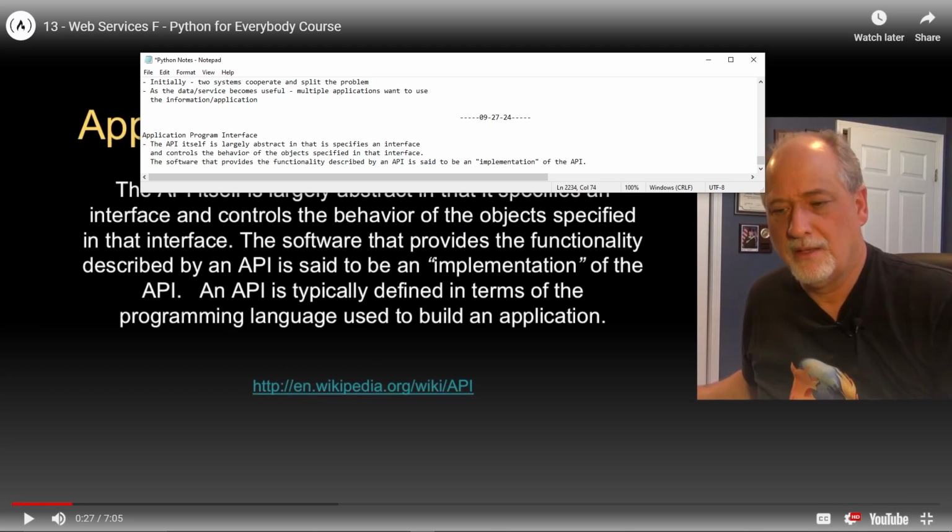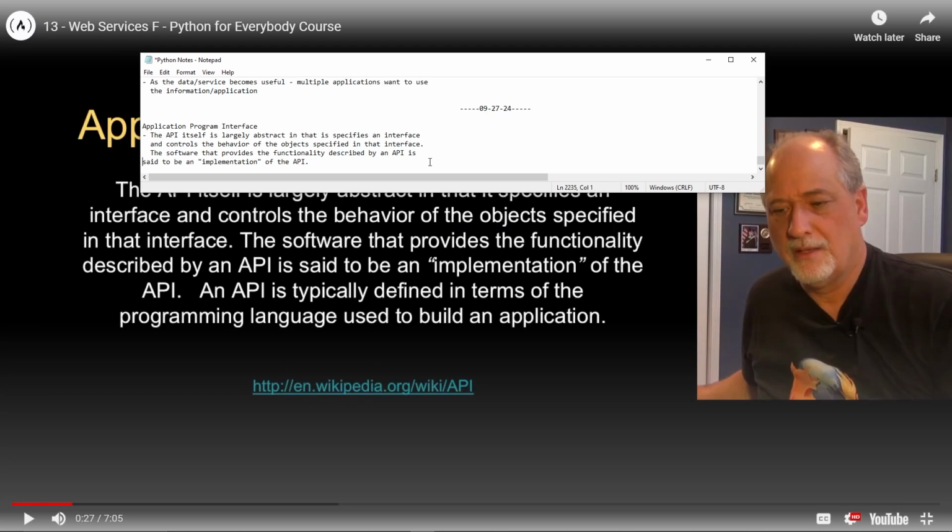An API is typically defined in terms of the programming language used to build an application.